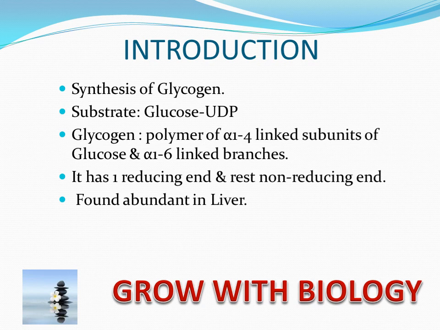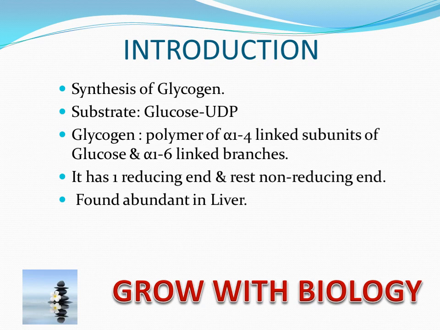Now, glycogen molecule has two types of linkages. One is alpha 1,4 linked, another is alpha 1,6. Alpha 1,4 linkage is the addition of glucose to the linear chain. So, when the chain length gets increased, then it comes with the alpha 1,4 linkage. Now, when there is branching, then that linkage is alpha 1,6 linkage. First carbon is linked with the sixth carbon.